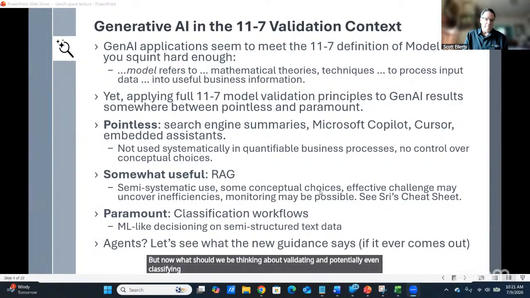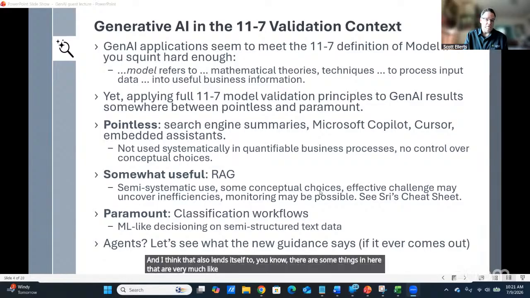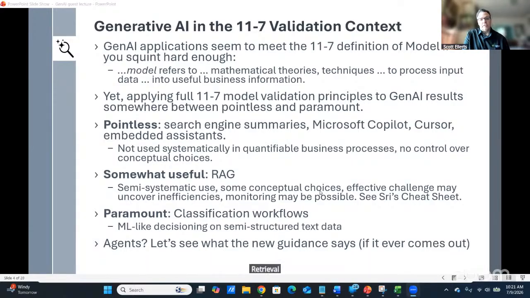So, I want to compliment Tree. His cheat sheet for retrieval augmented generation, I think, is great. And I think that also lends itself to, there are some things in here that are very much like models that we used to see in the machine learning side of the world. There are choices that you can make, especially if you've built your own internal retrieval augmented generation system.